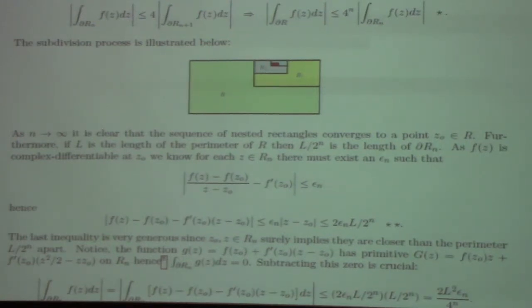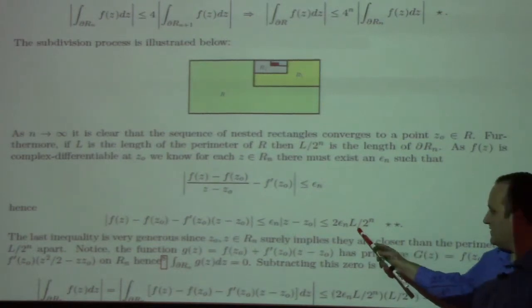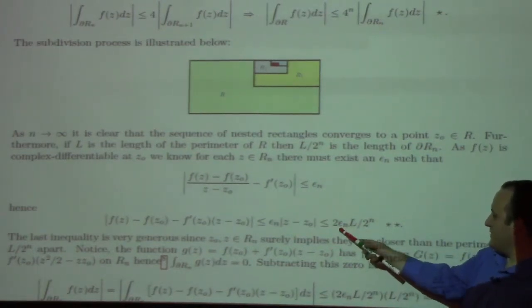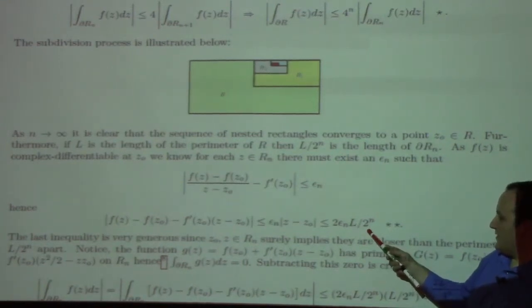Oh. What's 1 over 2 to the n? What's L over 2 to the n? Is that the length of a side of one of these rectangles? It says that the length of the perimeter, L over 2 to the n, is the length of the boundary of R. Oh, okay. I could be wrong, but I feel like I could remove the 2, because epsilon sub n times L over 2 to the n is epsilon n